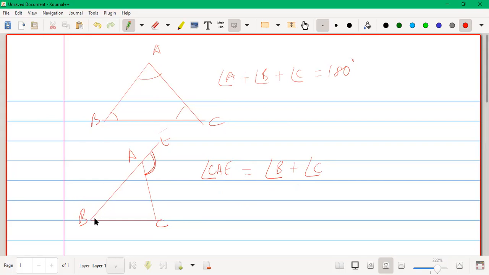Got it? If I extend this here, supposing here, and I ask you, okay, angle ABF will be equal to what? Angle A plus angle C, right? Getting it? So the exterior angle is equal to the sum of the two opposite interior angles. This much is absolutely clear. Any doubts? All right, just give me 1 second, children. I'm coming back.